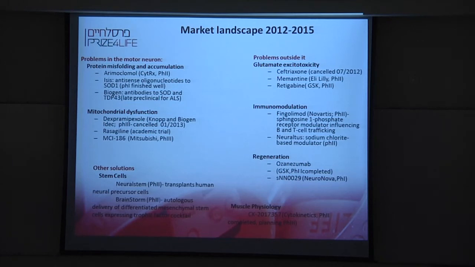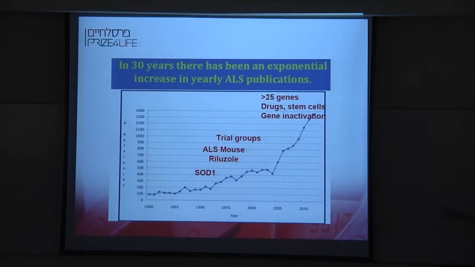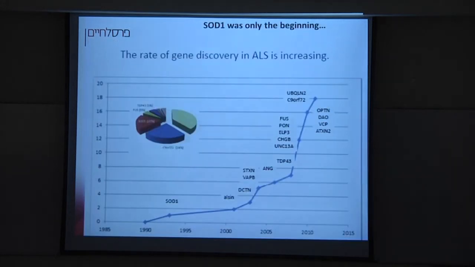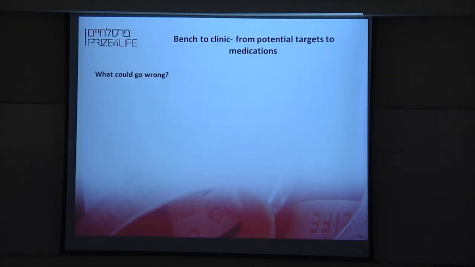And still, we don't have a treatment right now for ALS. So while there have been a lot of ALS clinical trials, they all failed so far. None of them have actually been found to be effective in humans. So why? We see these treatments. They have been developed in the lab. They have been tested successfully on the SOD1 mouse model. They have been tested in humans. And then they failed. Why?